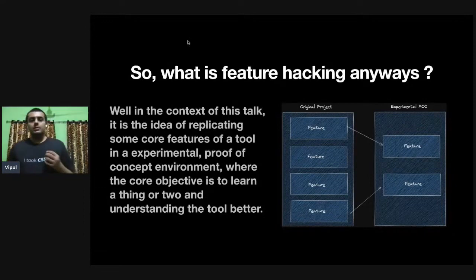The major reason we do feature hacking is to take educated guesses on how one must have implemented the whole project. But the core idea is that you are not really sure, you don't know what they used. There is no way for you to actually look at their code base. So we do feature hacking to make educated guesses on how they might have built the core product.